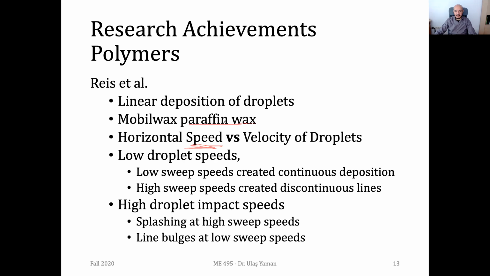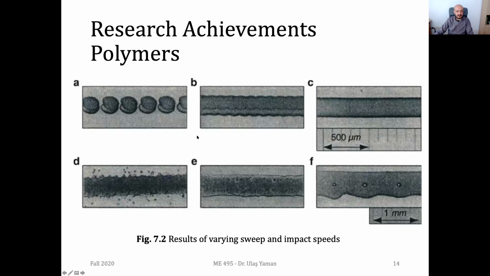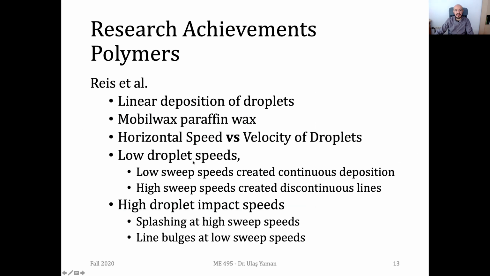And again, they are using wax material, and you will see that in the next image. Here you can see we have two different sets of experiments. This is the first set of experiments. In this one, they have low droplet speeds, which means that they are jetting the material at very low speeds. And on the other hand, they have two options for low droplet speeds. They may have a low speed on the plane or a high speed on the plane. And obviously,